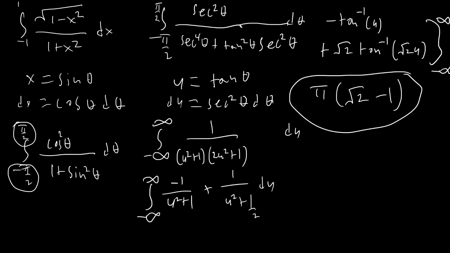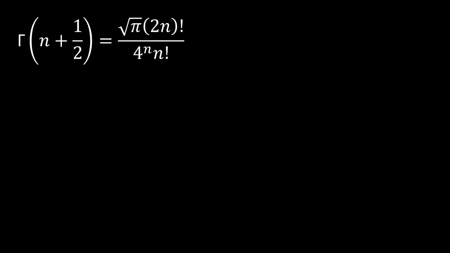Alright, so that's the simple method on how to solve this integral, but now we're going to jump into the more complicated method. And so there's some other identities that we have to go ahead and address before we start. So first, we're going to prove this simple gamma function identity. Gamma of n plus 1/2 is square root pi times 2n factorial over 4 to the n